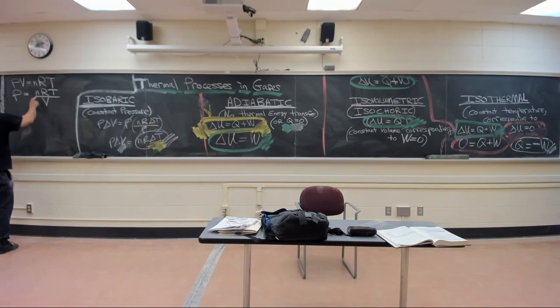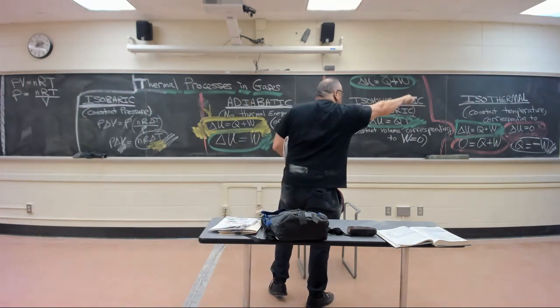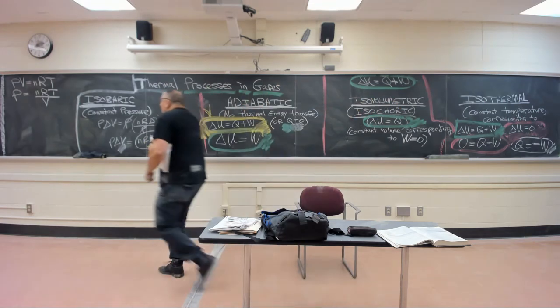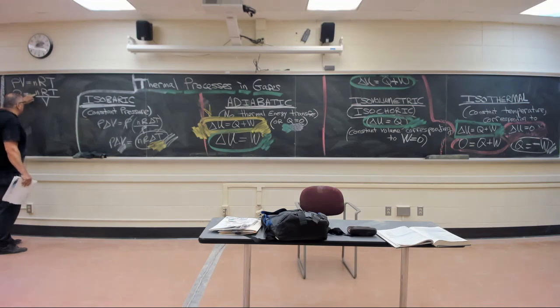If you do not change the amount of material that's inside the cylinder, and R, of course, does not change, and the temperature is isothermal. I'm doing the isothermal problem now, right? This is all isothermal. If the amount of material present is unchanged, which means small n is not changed, R is a constant, T is isothermal, not changed,